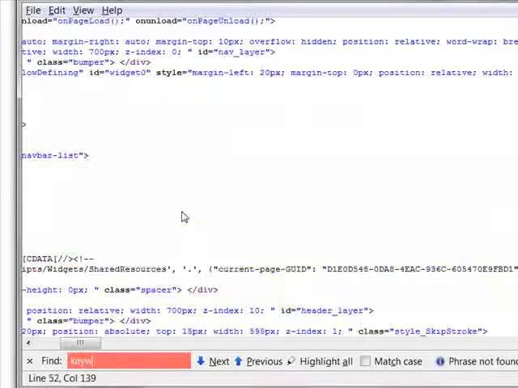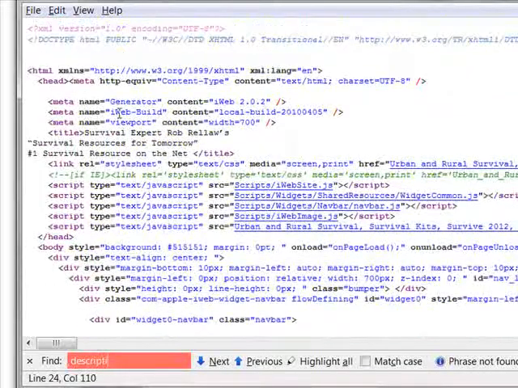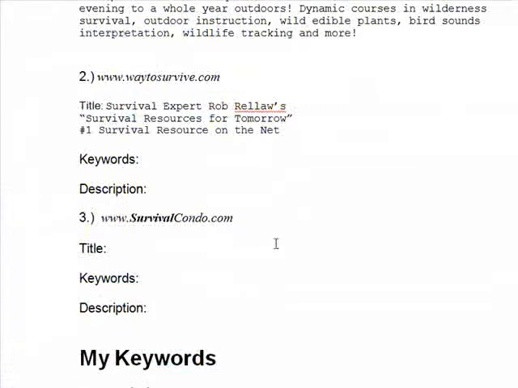Find keywords. There are no keywords, and there's no description. I'm just going to double check that. And yeah, it doesn't look like. Most of the time we'll say meta name equals description keyword, so we can skip that one